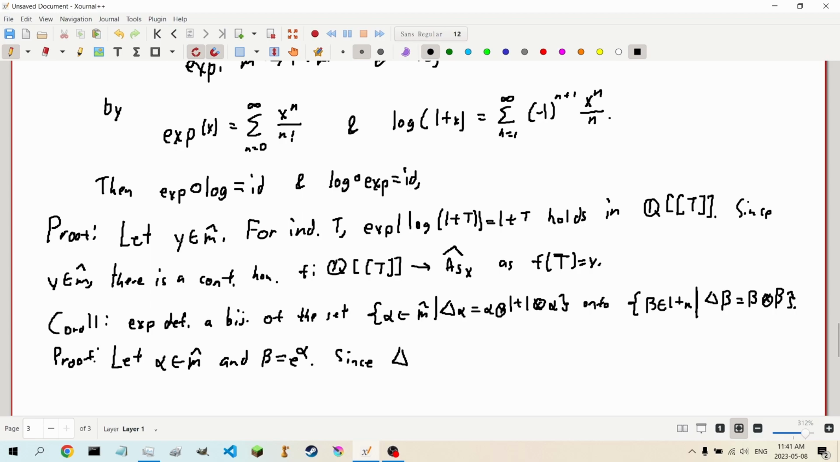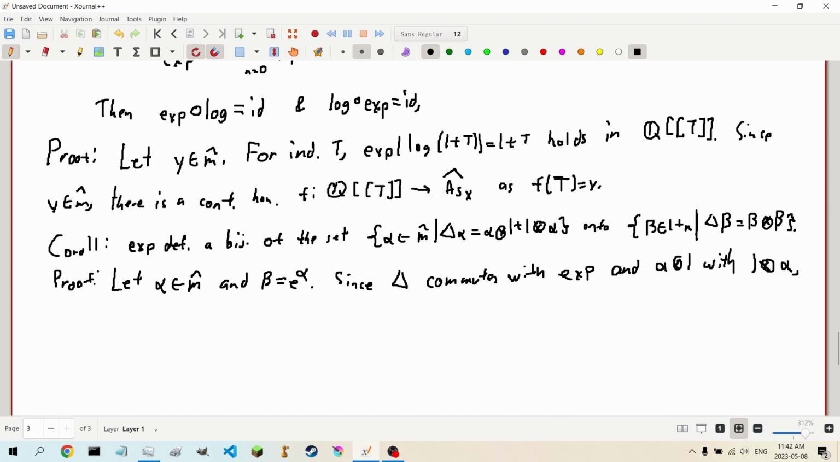Since our diagonal map commutes with the exponential map, and alpha tensor 1 with 1 tensor alpha, then we get the following calculation that the diagonal map of B, the diagonal map of e to the